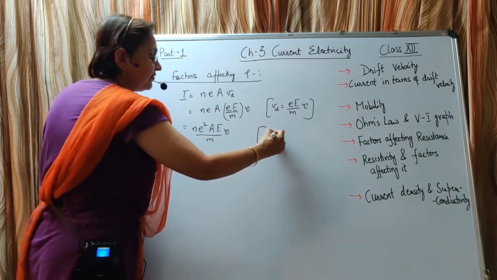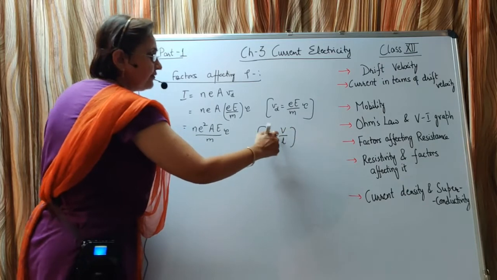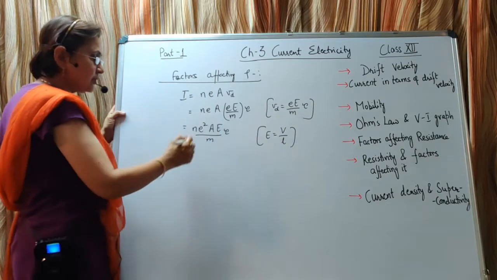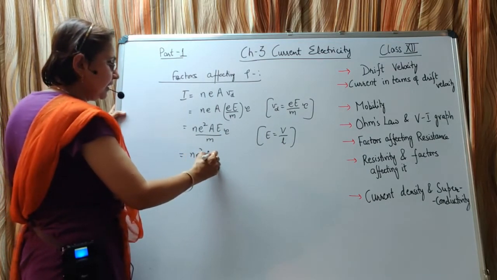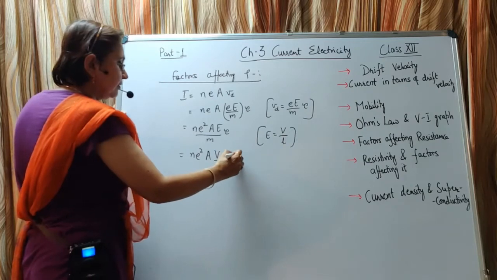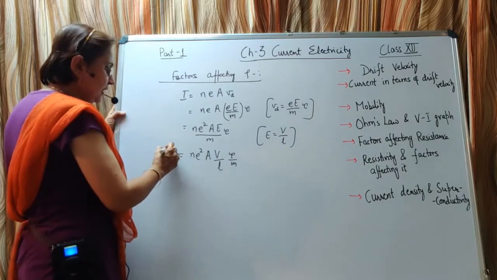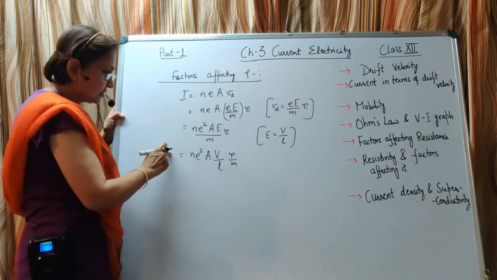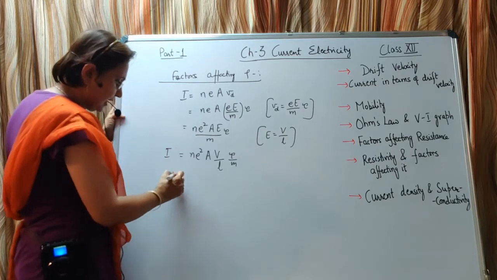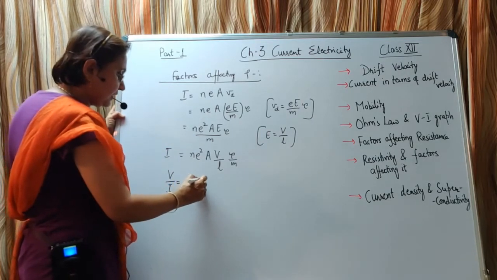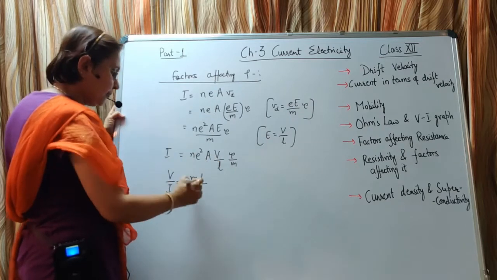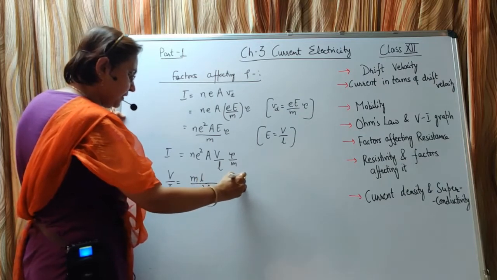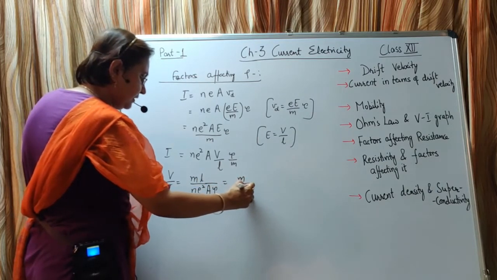Now here electric field is potential difference per unit length of the conductor. So E is equal to V upon L. So substituting E as V upon L. Now let's find out V upon I, because we know that V upon I is resistance. So let's find out V upon I. When we find out V upon I, we get it as m into L upon n e square A into tau, which can be written as m upon n e square tau